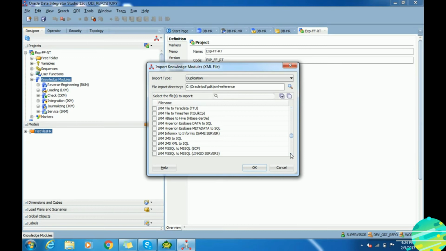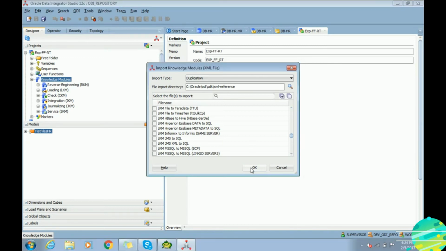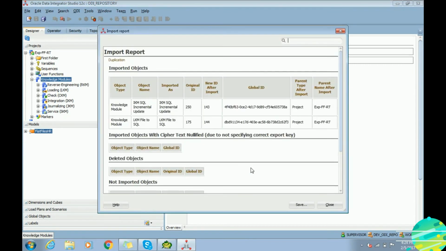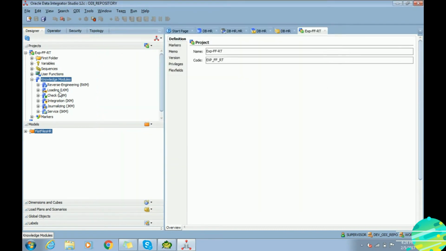Click on OK. Wait for the import to finish. This is a report from ODI on what knowledge modules have been successfully imported. You can save this report if you want, but there is no need to save it.